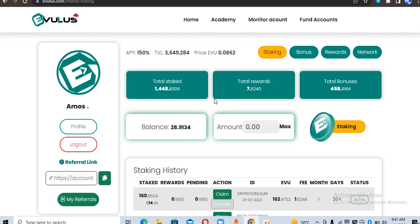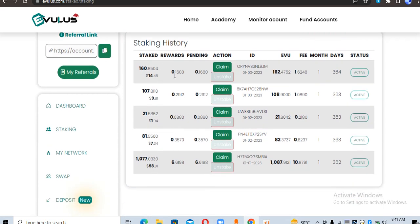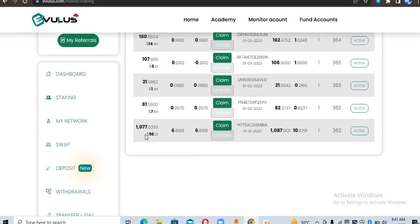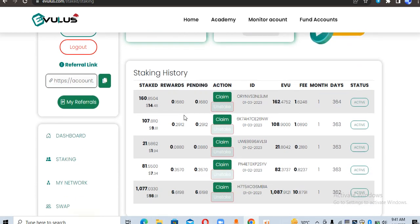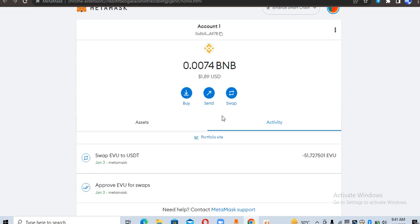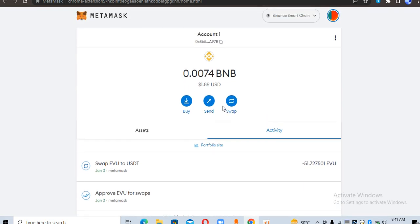So to claim your daily reward is very simple. These are the coins I have staked right here. And all I need to do, like this is one I'm going to be claiming, is once I log into my dashboard, you just go to the staking area right here and you click on claim. Before you do that, make sure that on your MetaMask or on your Trust wallet or whichever Web3 wallet you use,